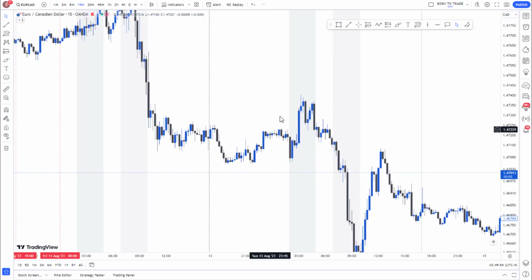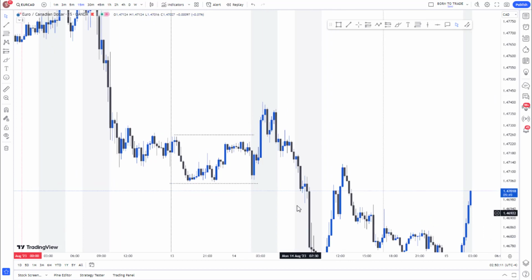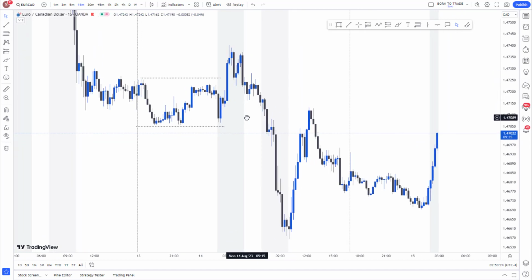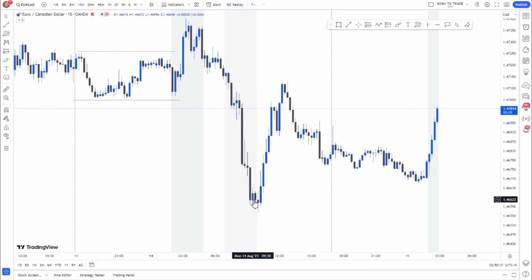So what do we see? This is the high of the range, and over here is the low. Okay, we have the low right here. So what we see is that price takes the high first, and reverses to the downside. So the high of the day was formed during the London Killzone, and this is what we expected to see. The high of the day is usually formed during the London Killzone, and I said the New York Killzone is the continuation of what happened during the London Killzone. So you see, we had the continuation of what happened during the London Killzone over here, but